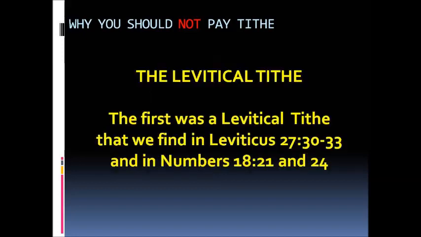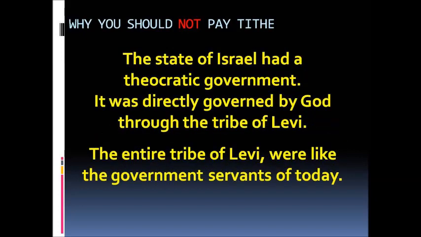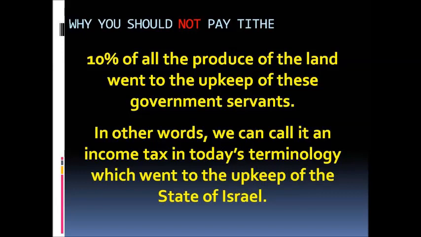widows tithe. The first was a Levitical tithe that we find in Leviticus 27 and in Numbers 18. We should keep in mind that the state of Israel had a theocratic government. That means it was directly governed by God through the tribe of Levi. The entire tribe of Levi were like the government servants of today. This tithe meant that 10% of all the produce of the land went to the upkeep of these government servants. In other words, we can call it an income tax in today's terminology, which went to the upkeep of the